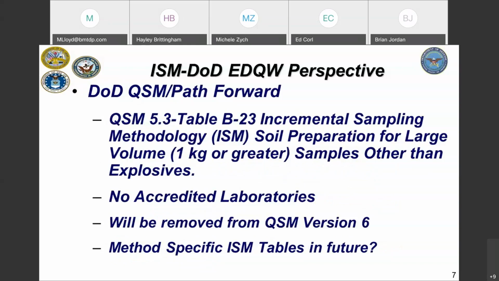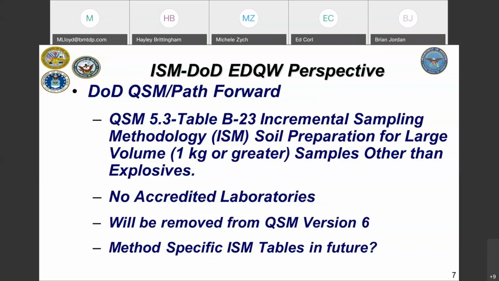So let's talk about the QSM. Some of you may be familiar with table B23 from the current version of our quality system manual. Now, this was our attempt, maybe you could call it our failed attempt, I don't know, to incorporate some of the same data quality aspects that are associated with ISM, some that I've already mentioned, right? It includes things like surrogate considerations needing to be added early, grinding blanks, and the like. Unfortunately, the laboratories still can't do anything about this surrogate issue, right? And the project teams were not prepared for the additional costs associated with things like grinding blanks.